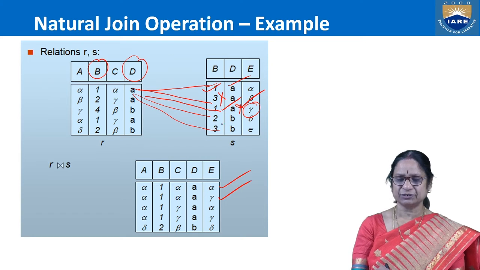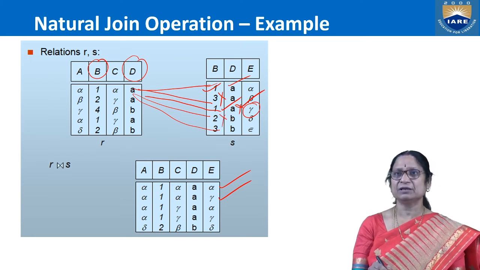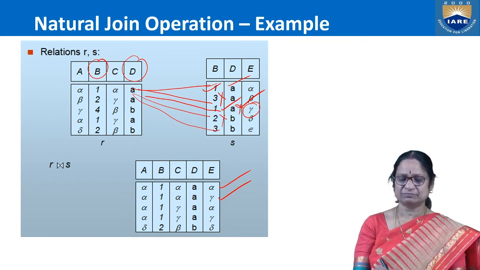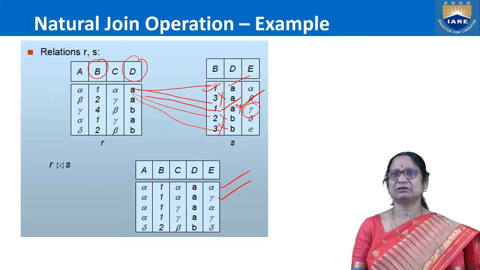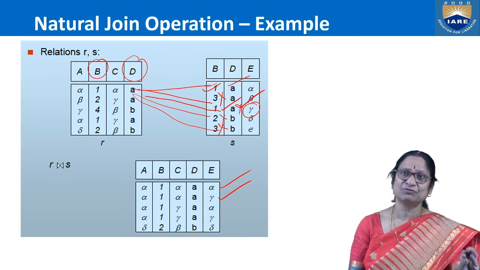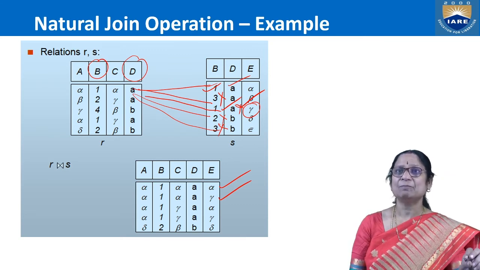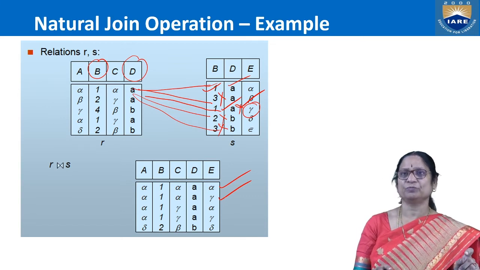For the fourth tuple, B itself is not mapping, so it is not included. B value must be 3 again, but it is 1 in our first tuple, so not included. The first tuple is mapped with the 5 tuples. We are supposed to get 5 in the case of Cartesian product. But from there we check whether the common attribute values are equal or not. Based upon that, we got only 2.